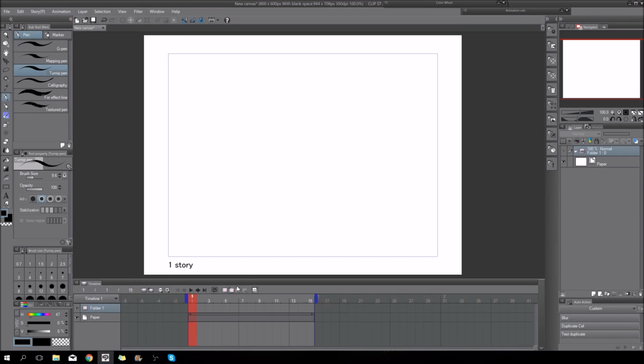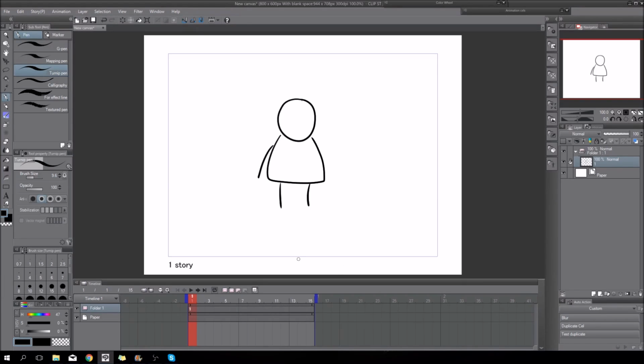So I plan this out, I add a new cell with my character, which I have here, and I rename this folder to be my static folder because nothing else is animated in there. And I create another folder with another cell where I have just one arm. I call this my right arm folder.